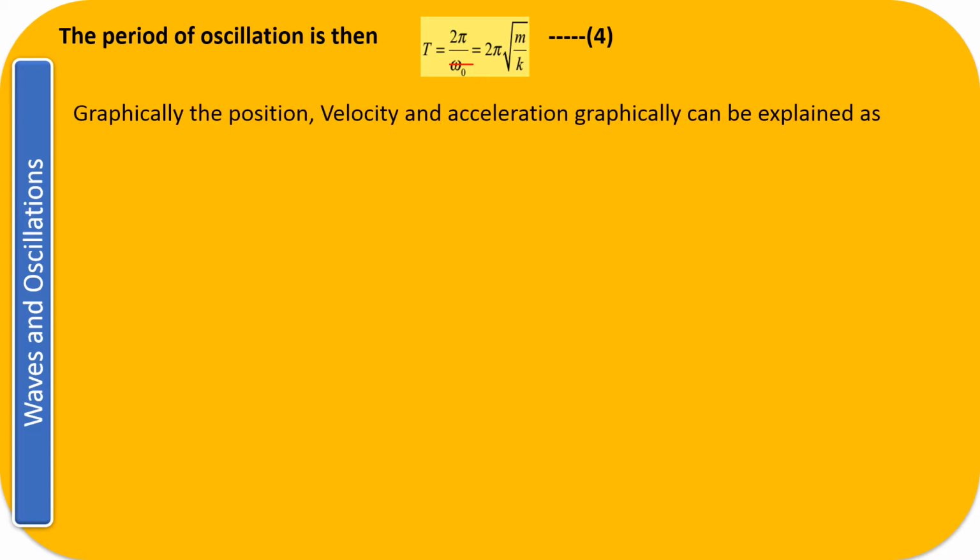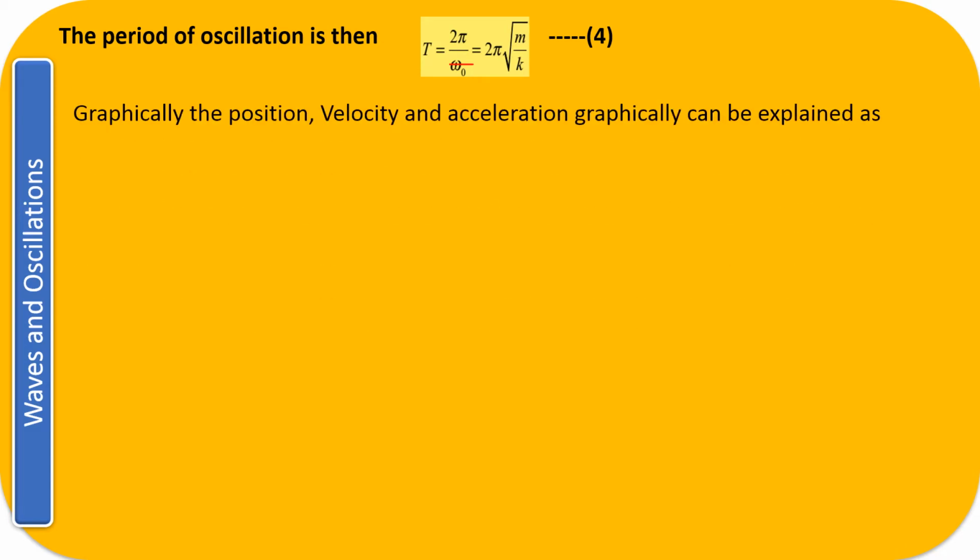So now what we are coming to in conclusion over here is, if we have the differential equation d square x upon dt square plus k upon m into x is equal to 0, then its solution can be given as x equal to a cos omega naught t, where omega naught is equal to root under k by m, and it is your angular frequency. But then from where has the phase come? You must be knowing that if the wave is moving, the equation is given by a cos omega naught t plus phi. So let us try to understand from where the concept of the phase has come.